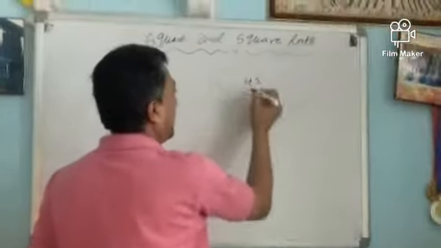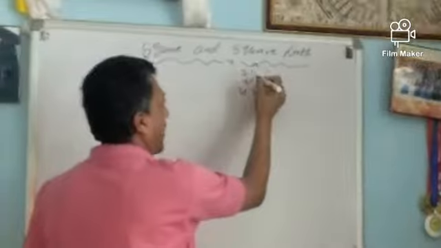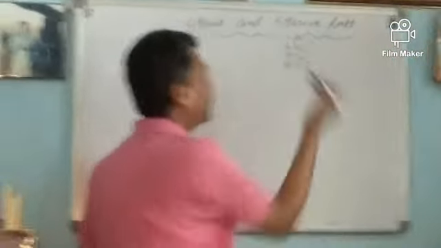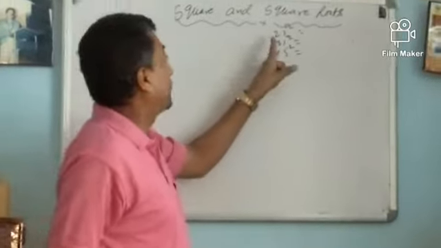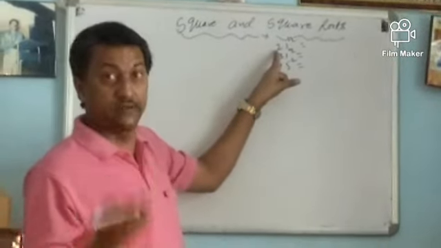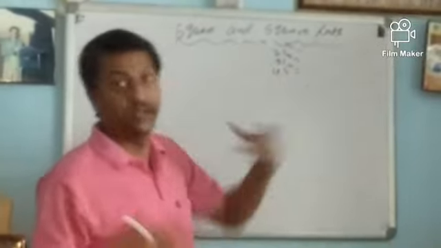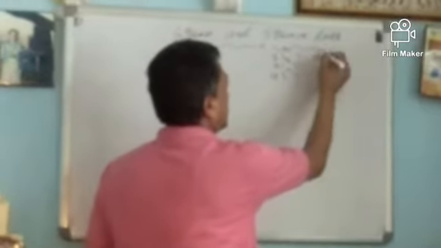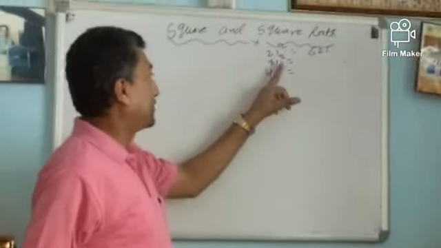Suppose 45 or 25, 35, any such square, we have to find the square. In the book it is mentioned, 25 squared, the last digit is 5. So what is the first number? 2. Next number 3. So 2 3s are 6 and 5 5s are 25. So the answer is 625.